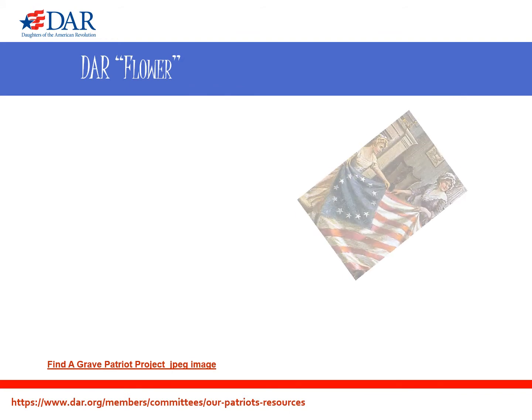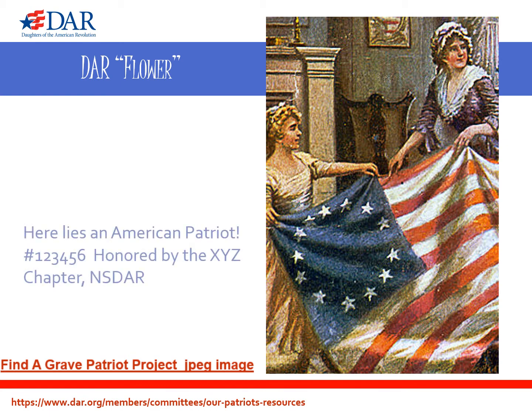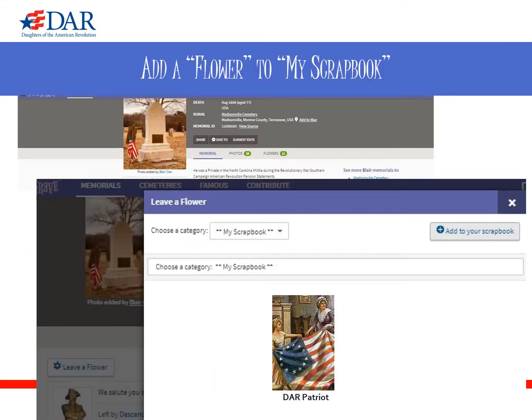Our objective is to draw attention to his service as a Revolutionary War patriot. To do that, we have an image that can be added to this site as a flower. It features a recognizable female patriot, Betsy Ross, and the American flag. The image is available on the Our Patriots Resources tab of the America 250 website at members.dar.org. We will add a caption that reads, "Here lies an American patriot," the ancestor number, and our chapter's name. To do that,